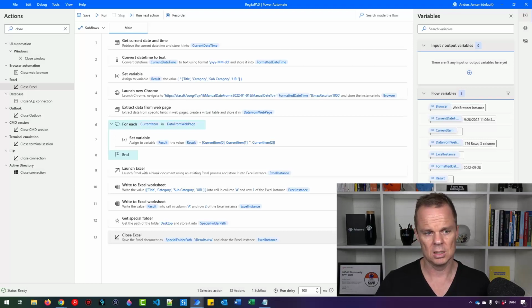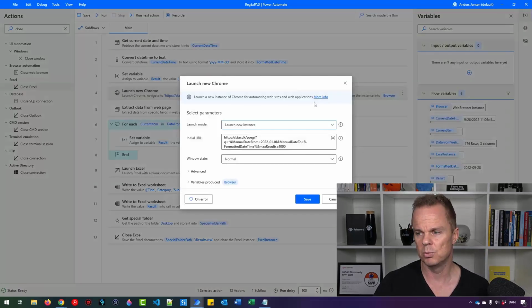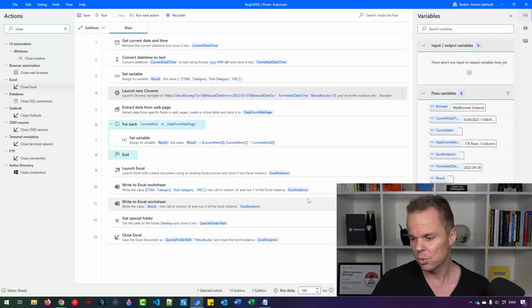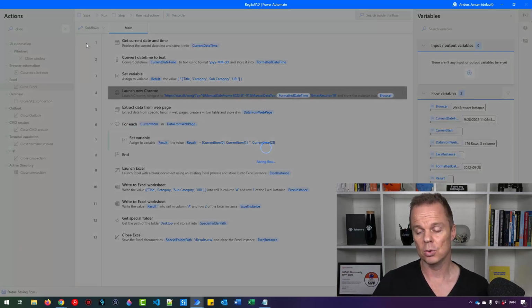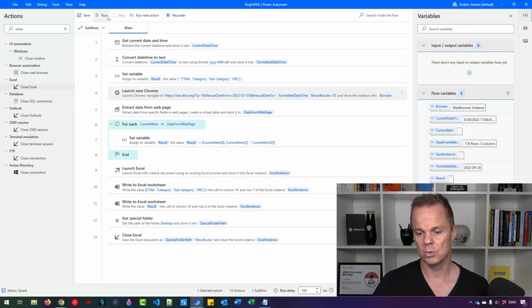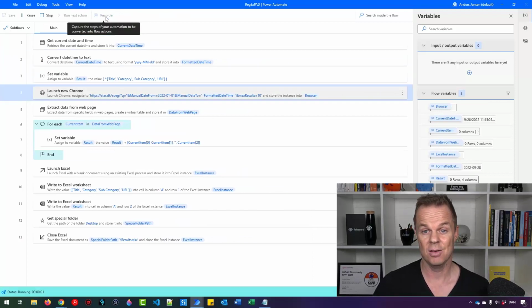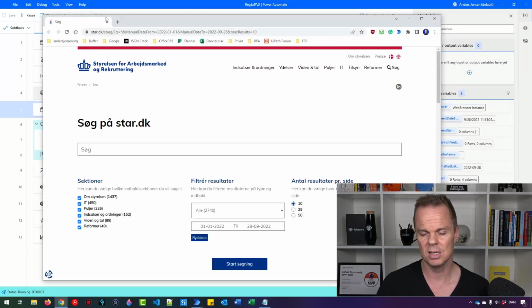So it shouldn't be tested, but what I really want to do here is that I don't really want to scrape all results because that will be quite slow. So let's just pick 10, see that works, and when the robot runs in the end, we will of course pick every element. Remember to save your flows because Power Automate for Desktop will not auto-save. Now let's run it to see if we have any errors, and of course we will fix it if we do. So now we run